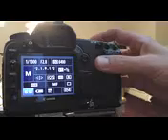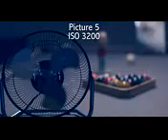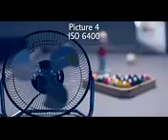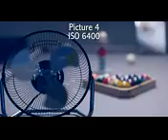So this was at 6400, which is a pretty bright ISO because this room is pretty dim. So I am going to drop it down to 3200 and we'll see the effects. As you can see, the picture got darker. As your ISO gets lower, the camera gets less sensitive, and if you don't let the camera adjust the other elements,